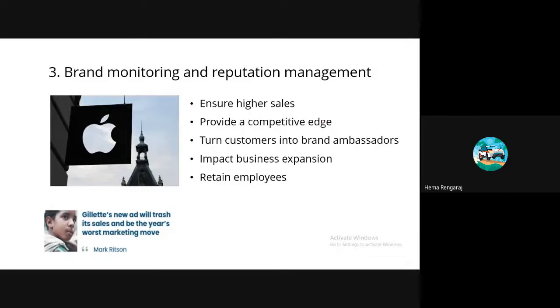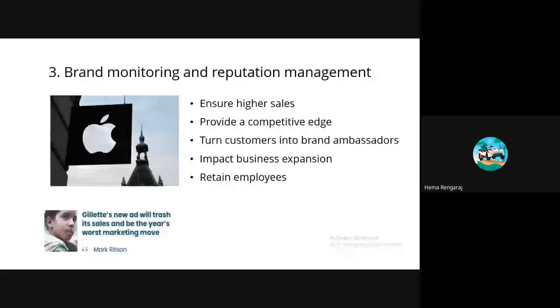And then I can retain the employees. How can I retain the employees? For example, in your Swiggy and Zomato app, they will ask for a rating for the delivery partner. Then you will give 5 stars or 4 stars like that. If you are giving good points to a particular person, surely the incentive and some bonus or high points will be given to that employee, so that you can retain the employee for a longer time in your company.